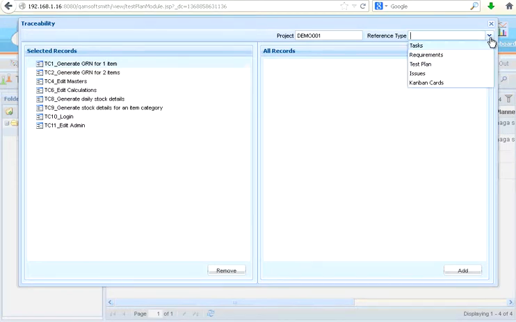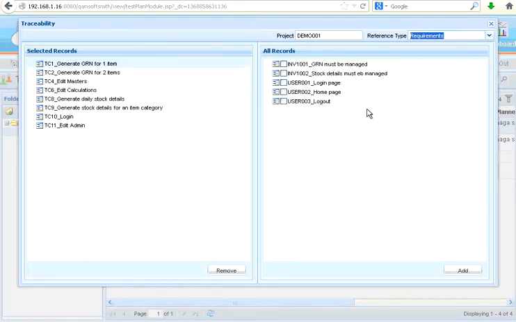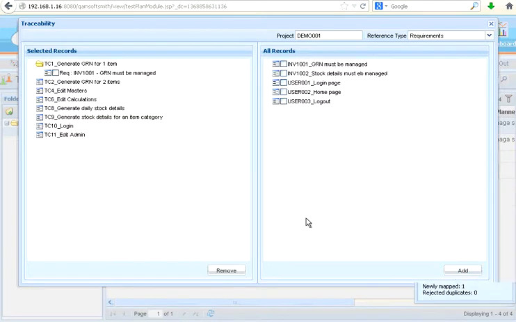Then I say the reference for that is the requirements. Once you say requirements is my reference type, it shows all the requirements. Now I say this particular test case belongs to this particular requirement. Then say add. So now you see underneath this test case, this requirement appears. Same way, this test case also belonging to this particular requirement.